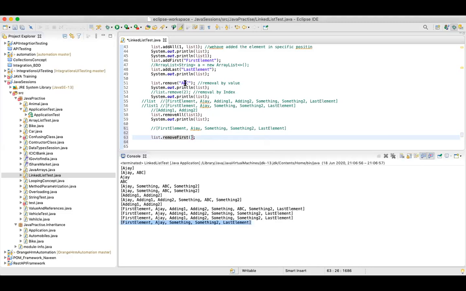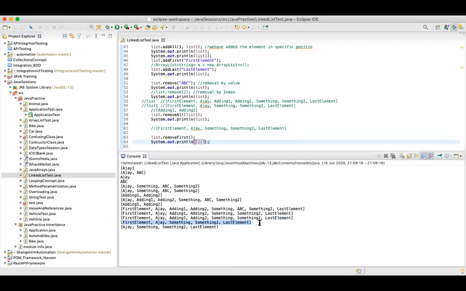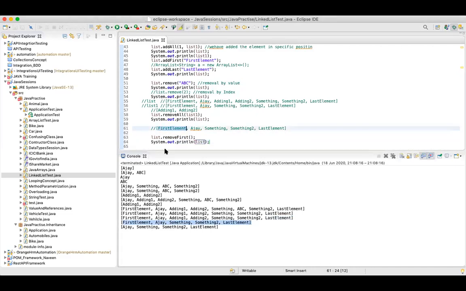In the earlier case we were passing a value, and here we were passing an index. But in this case we do not have to pass an index or a value, because the method itself says remove first. Now I'll print the list again. See guys, this particular first element is removed.